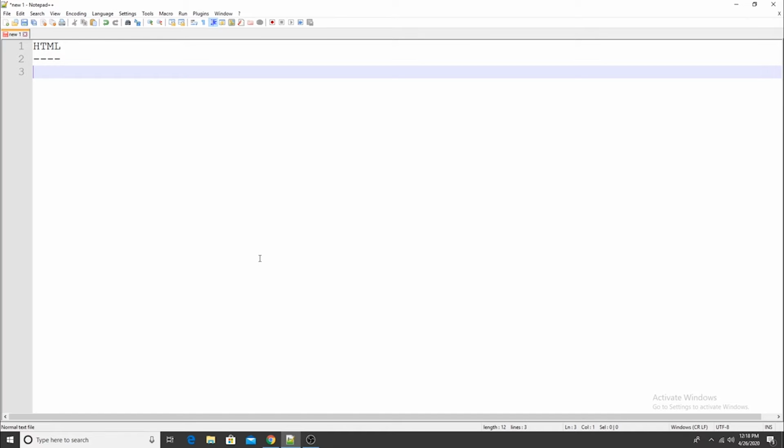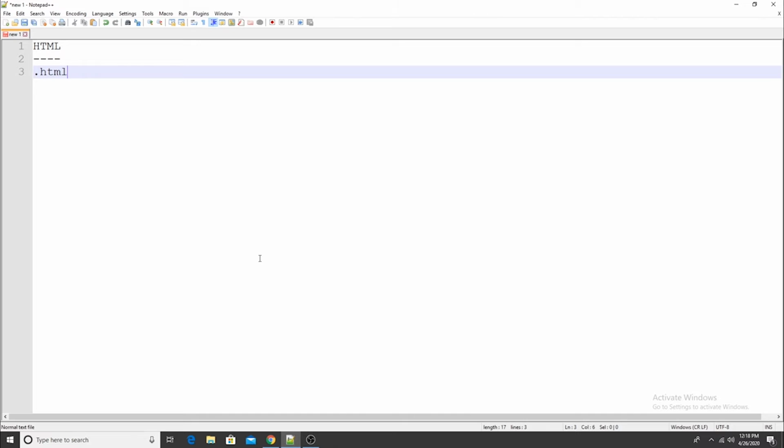Same goes with HTML. Its extension will be .html instead. It's easy to understand. Your computer or your PC will understand the file depending upon its extension. If it is .html, it will understand that it is something related to web development.